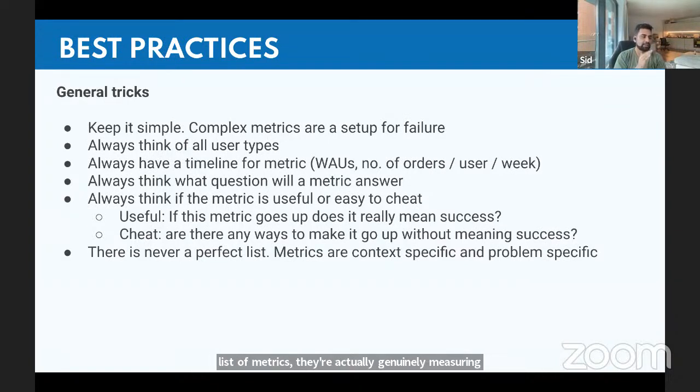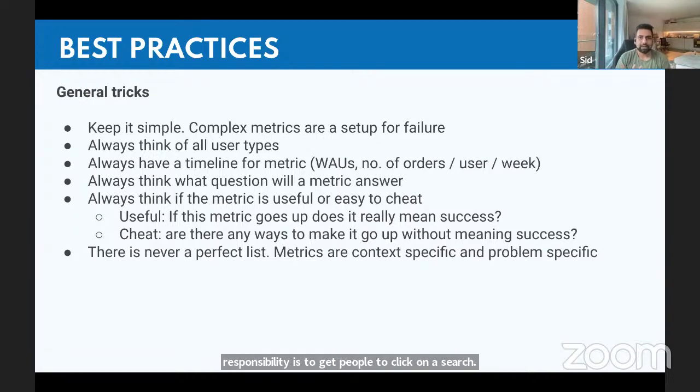The other side of the coin here is metrics can be very easily gamed or cheated, right? So let's say that in our food delivery option, there is a product manager who owns, let's say, the search page, where you search for a dish or a restaurant and you get search results. And their primary success metric they set for themselves is CTR, click-through rate. So what that means is if 100 people are on the search page, 20 of them click on any search result, the CTR is 20%. So basically their responsibility is to get people to click on a search result, right?